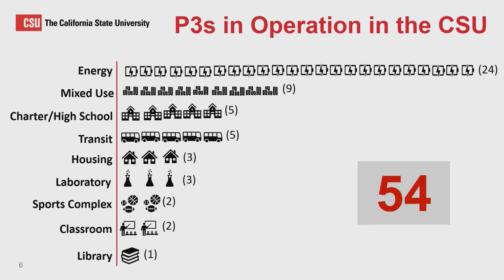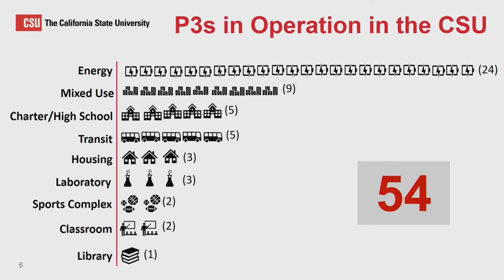Okay, well, thank you, Vi. And as you can tell from this chart, the next most popular or prevalent P3 at CSU are these mixed-use projects. Examples include offices, buildings, business, retail space, hotel projects, and the like. Now, as you can also see, we've got high schools, transit, laboratories, and other projects on this slide, and those are typically public-public partnership projects. So an example is the joint library partnership between the city of San Jose and San Jose State. That's where the city's main library and the campus library were completely integrated to promote capital and operating efficiencies for